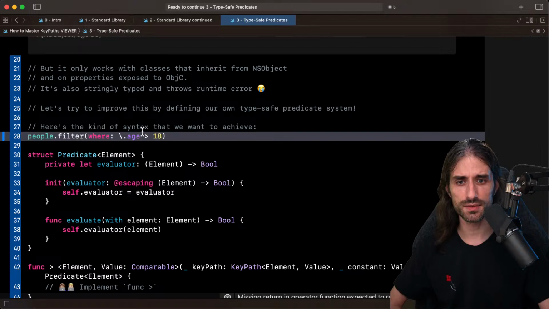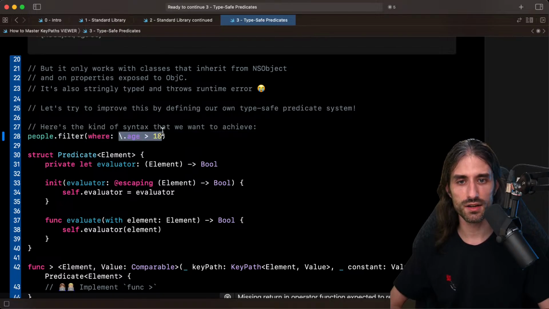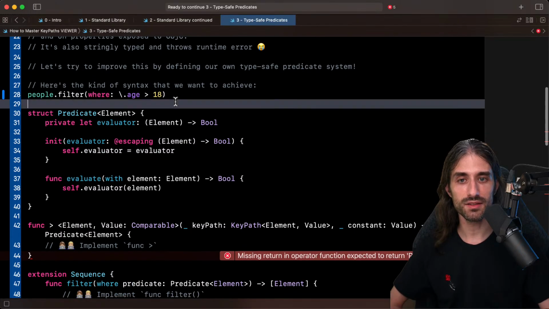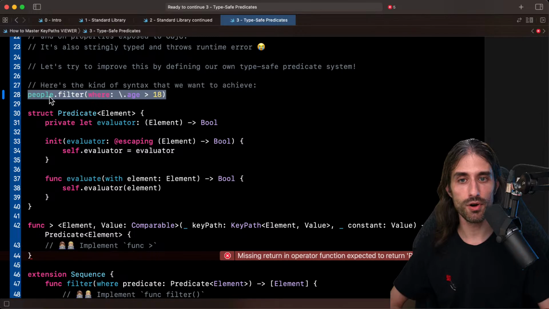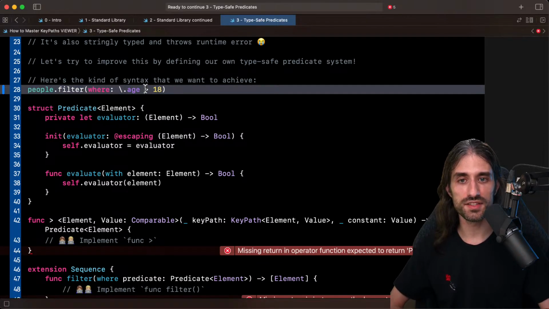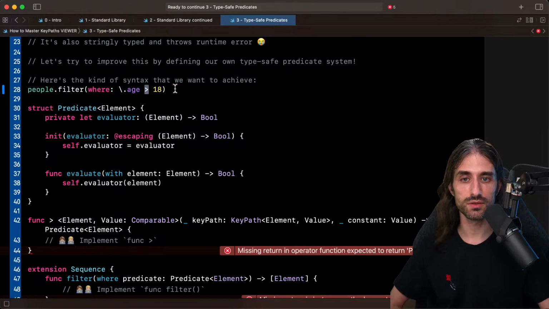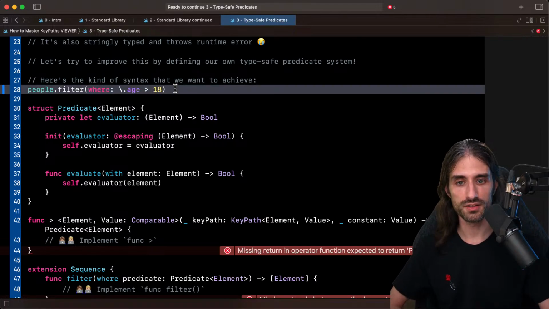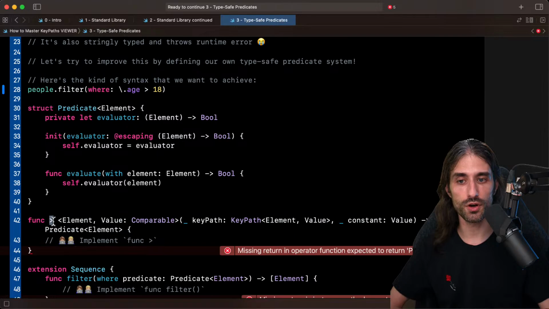If we take a look at this expression right here, at the center of it, we have a comparison operator. And as it turns out, making this syntax possible in Swift is as simple as implementing an overload of this comparison operator. So I'm going to implement an overload of this comparison operator, and this overload will take on its left-hand side, so on the first argument, a key path.